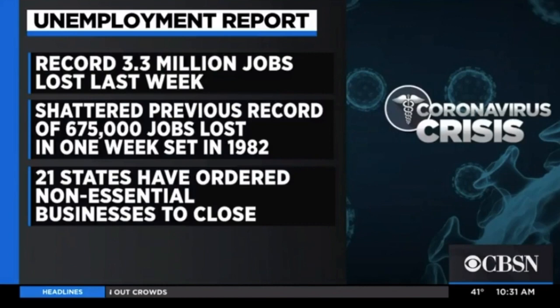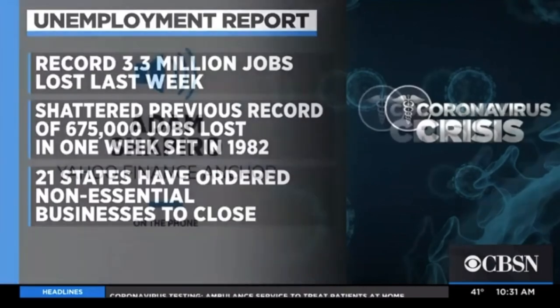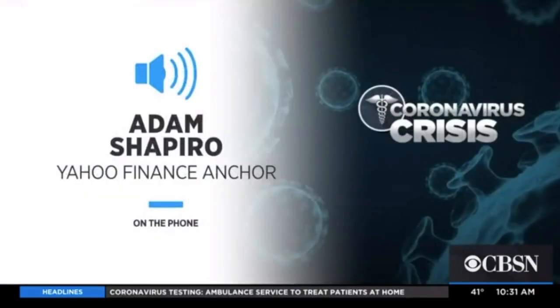Well, it means the economy has shut down, and that's no surprise to anybody, within the continental United States. To put it in perspective, the last time the number was a record high was in the 1980s, and that was in around 650,000,